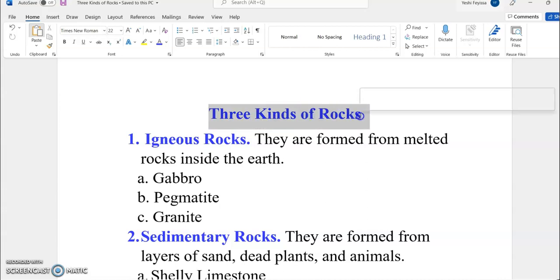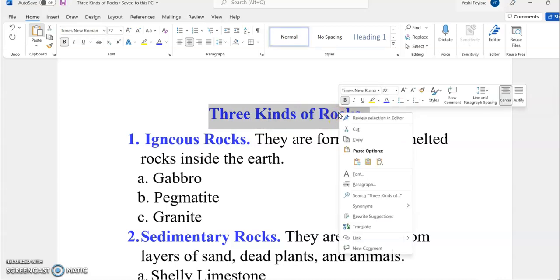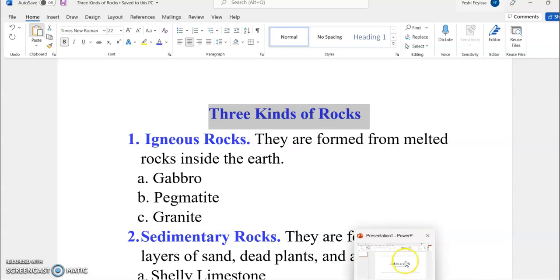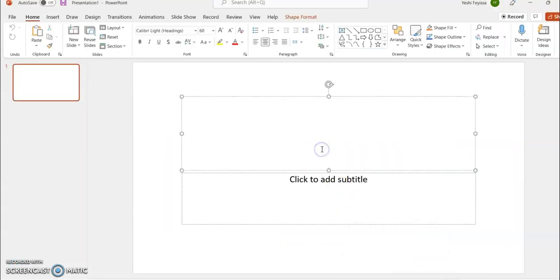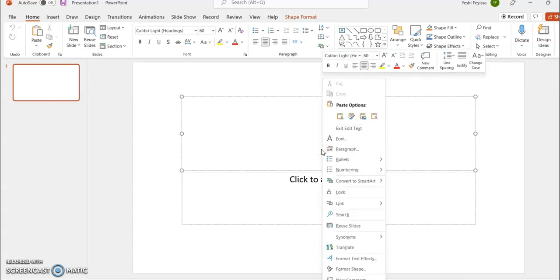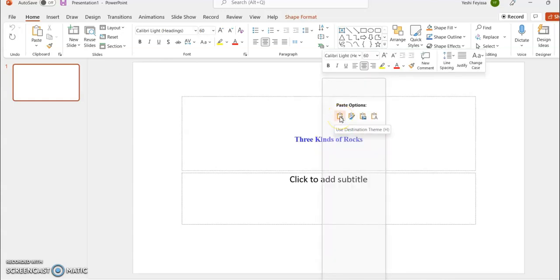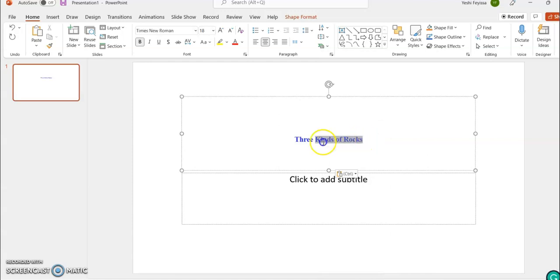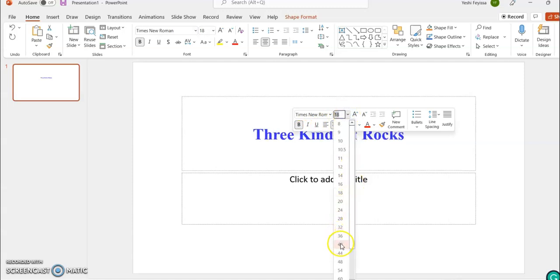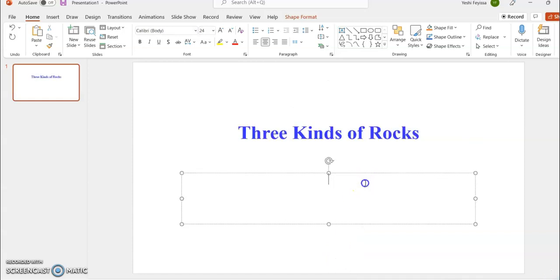Highlight the title and right click, select copy so that we can paste on the PowerPoint. So click on the first section, right click, and select the paste option. Let's enlarge the title, make it a little bit bigger. Why don't you make the size of the font about 48? Now in the second section, you may enter your name. Let's say by Mr. X, and the date is